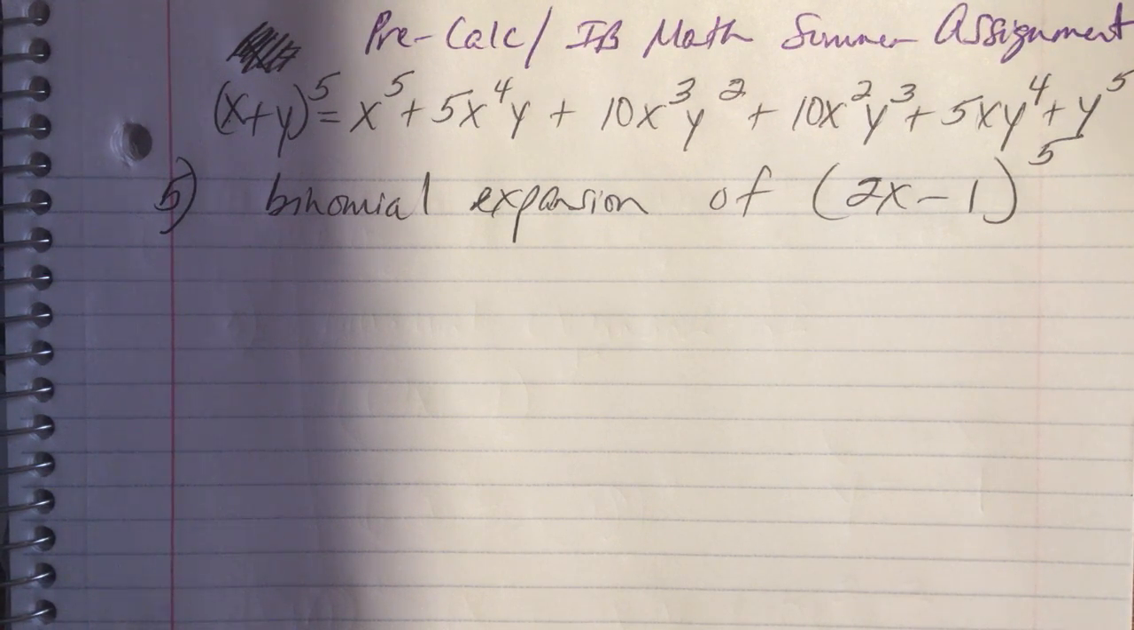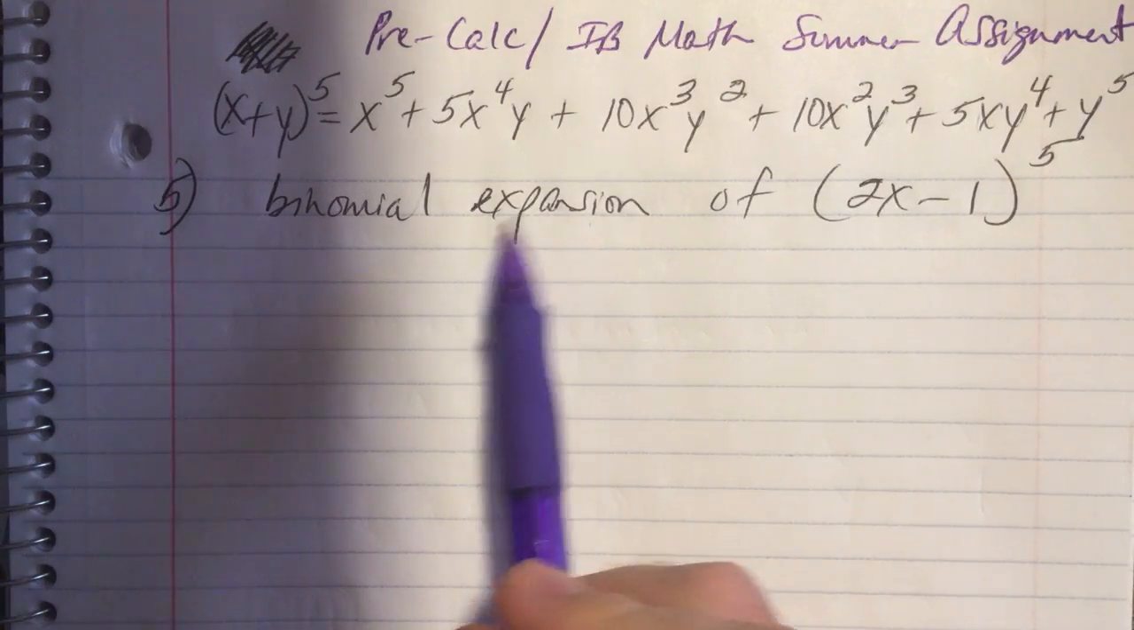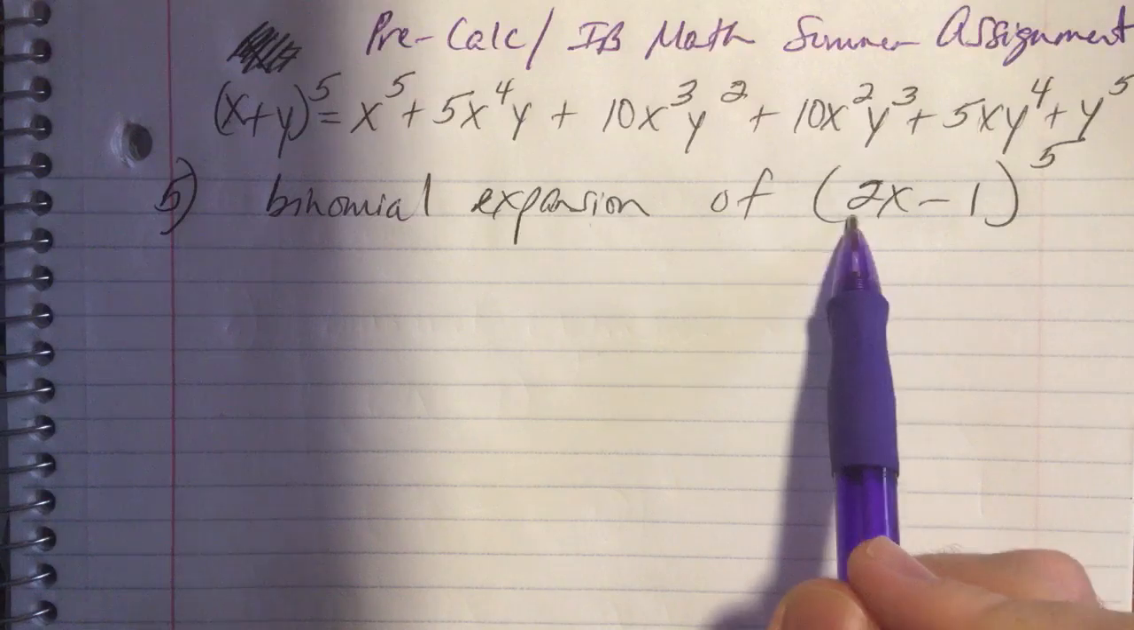Hi everybody, here's a few videos to help you with the math summer assignments for topics that you might find more challenging than others. One of them being binomial expansions, which is question 5, and this is for pre-calculus and IB math summer assignment. We're asked to find the binomial expansion and to simplify it of (2x minus 1) to